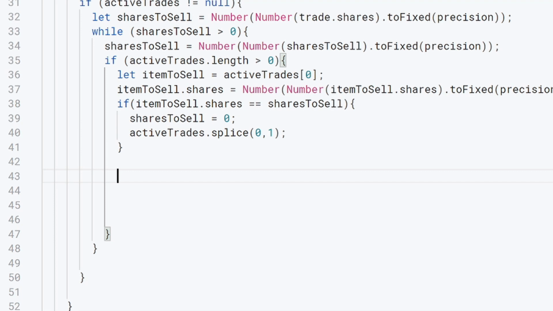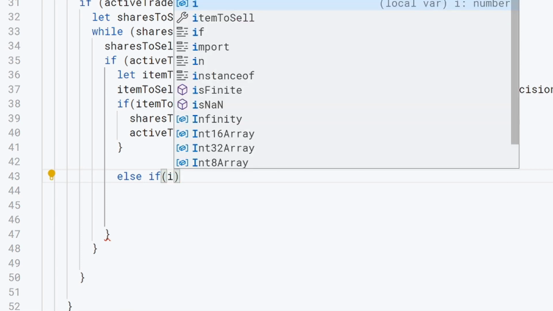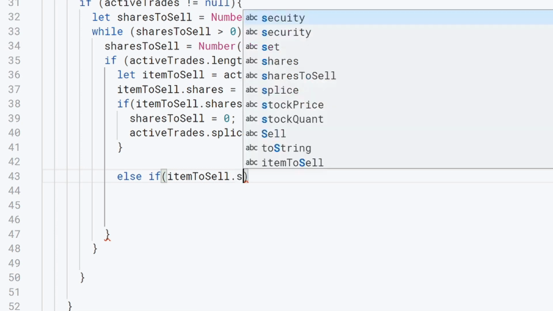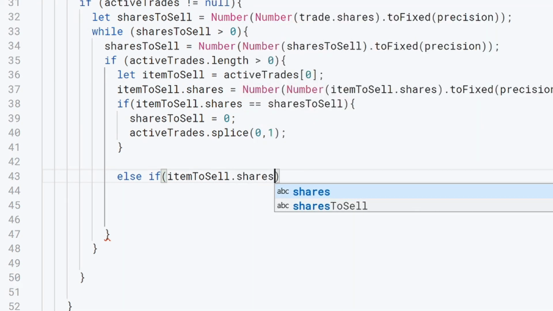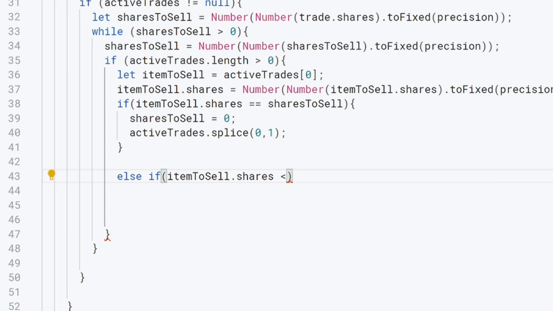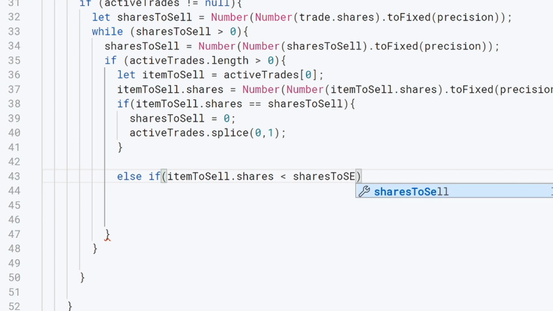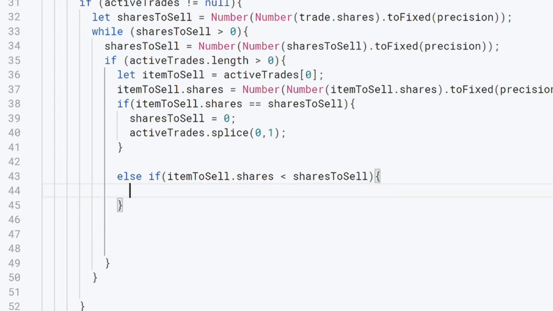And what we're going to type in is else if, open parentheses, itemToSell.shares is less than sharesToSell. Go on the outside of the parentheses, do squiggly bracket, hit enter,